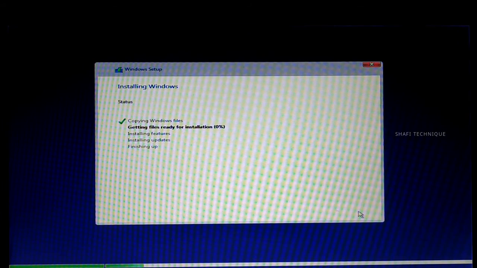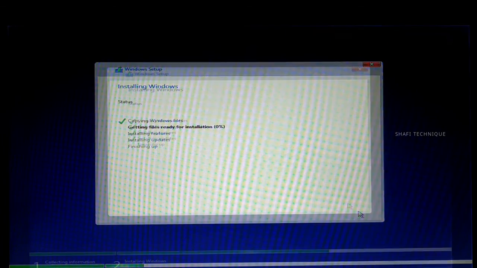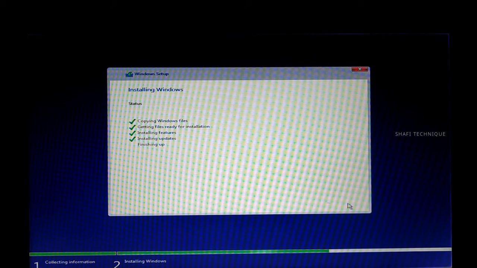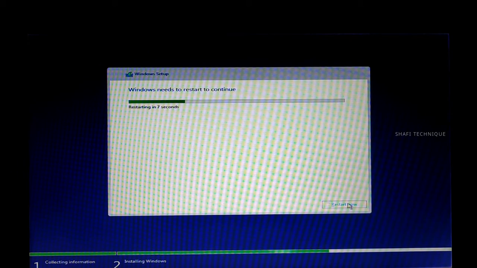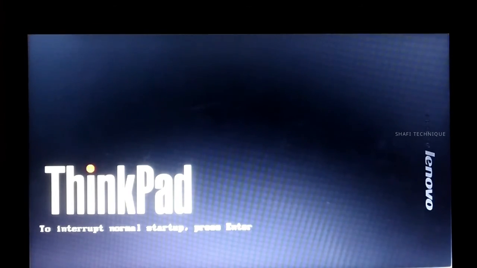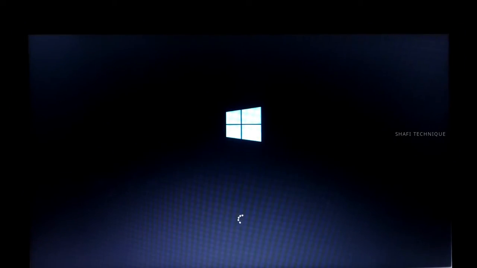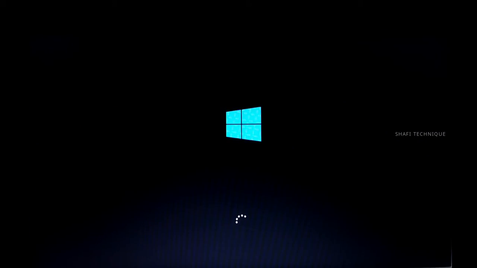Now the Windows 10 is being installed. This may take some time, so stay patient. Now after completing this installation, your computer or laptop will restart. But listen to this important point. Whenever your computer or laptop is going to restart or whenever it gets restarted, you need to remove the pen drive by the time your computer or laptop turns on. If you won't remove pen drive, again Windows 10 will install from starting. So remember to remove your pen drive by the time your PC or laptop turns on. Now here this will take some time.